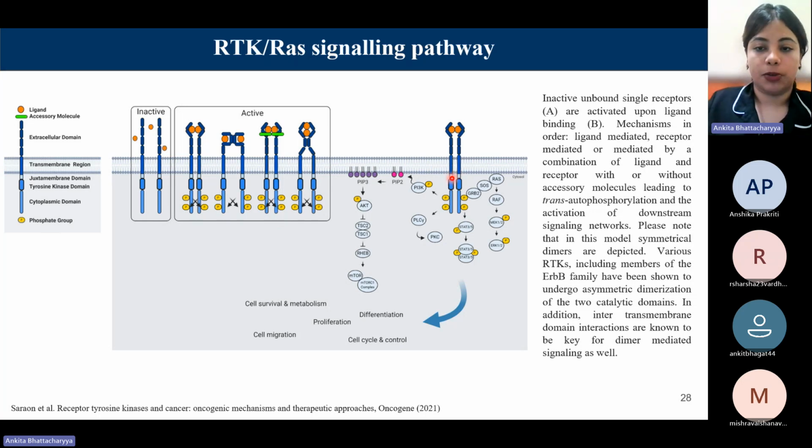Then what happens downstream of it? Once this phosphorylation has been completed, you can see there are a lot of different types of proteins. Don't worry about it. We'll come to it eventually. But you can see that it leads to the docking of multiple proteins, for example GRAP2, SOS, RAS, or it can initiate another pathway via PI3K. We'll come to that next. There's PLC gamma, which is another way in which initiation can take place. All of these pathways are leading to control over cell survival and metabolism, cell migration, proliferation, differentiation, and cell cycle